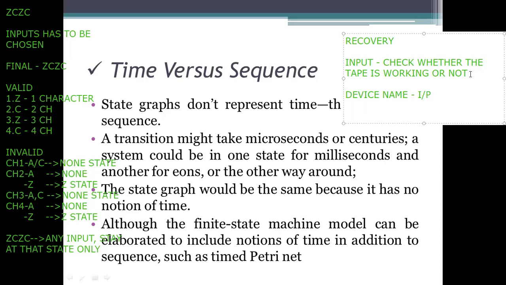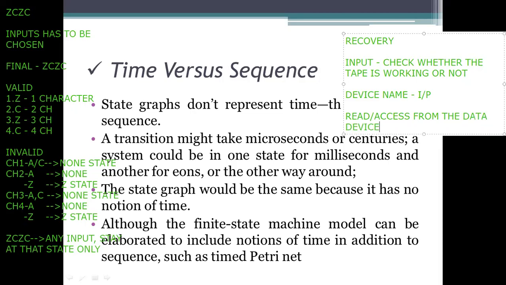Here we need to process that device, which means we need to read or access the data from that device.